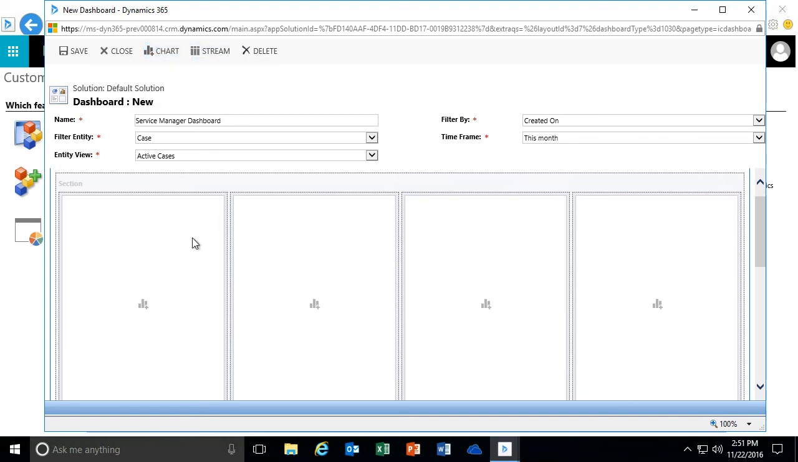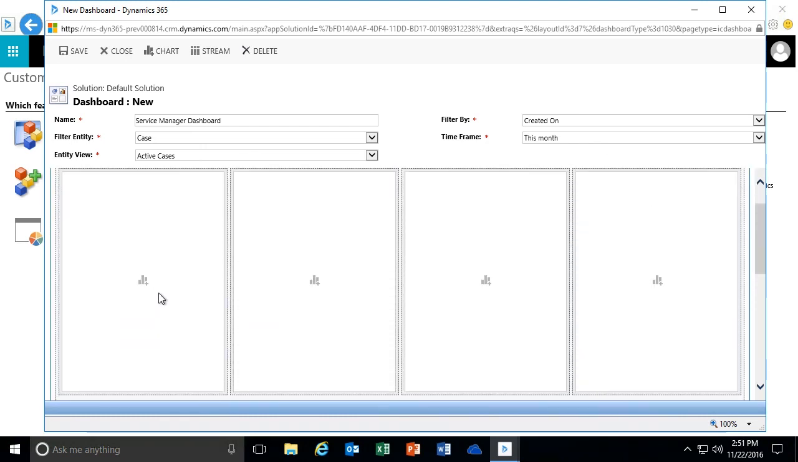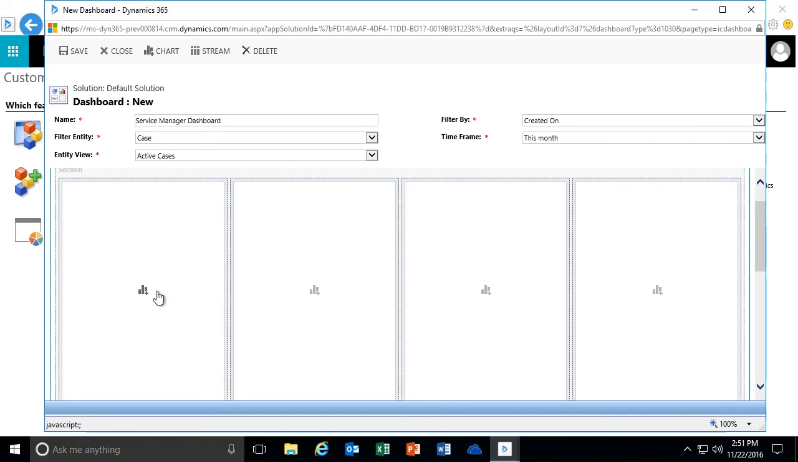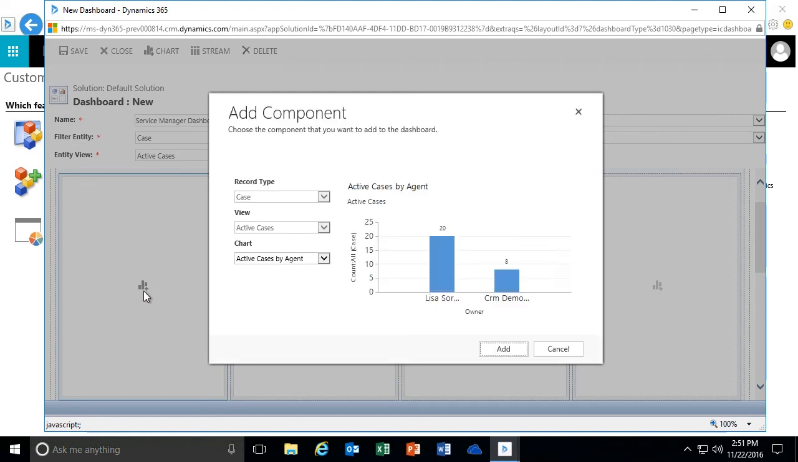But again, as part of that wizard, I also have a visual prompt to be able to guide me of where I want to put those dashboards or where I want to put those charts. So from here, I'm going to click on the first one. And as soon as I do, you'll now see that it's going to prompt me and ask me for additional details. So again, based on the record and based on the view,